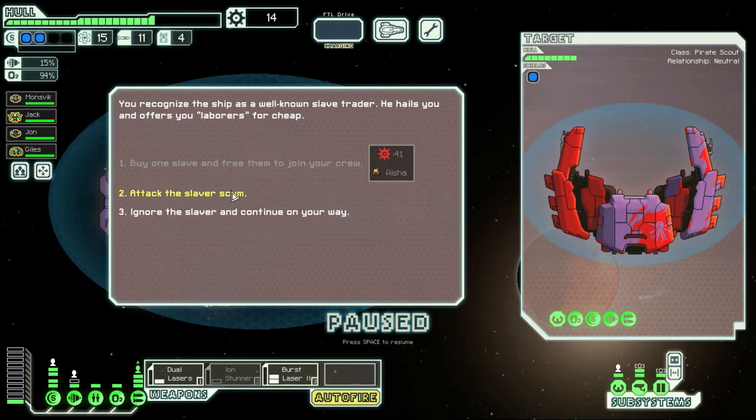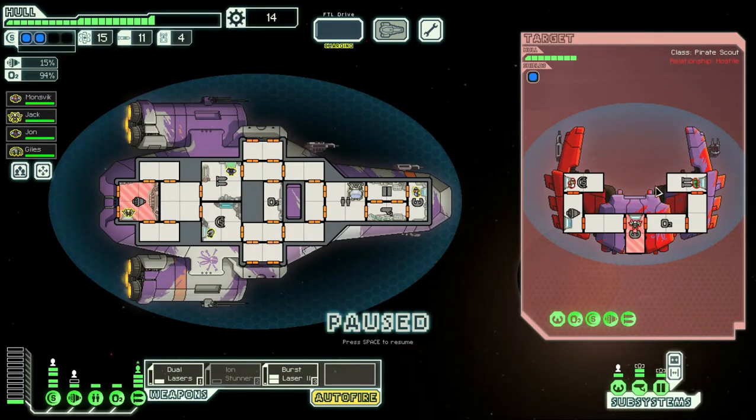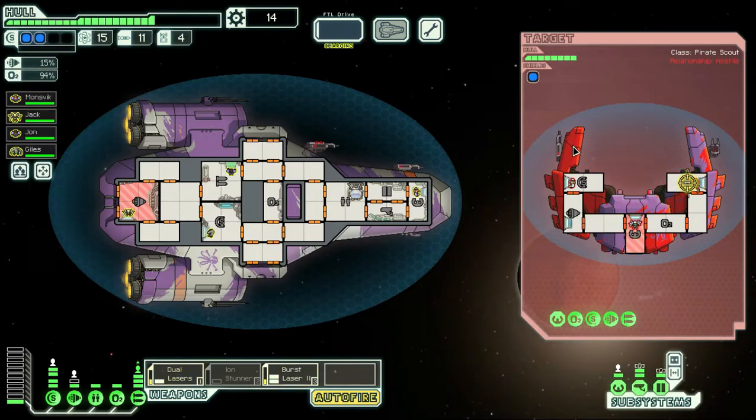41 is pretty good, but we're going to attack the slaver. If we can take them down low enough and not destroy them, they'll give us the guy for free anyway. Don't need to worry too much about their lasers. They're not going to do a massive amount of damage. They might be able to get through...